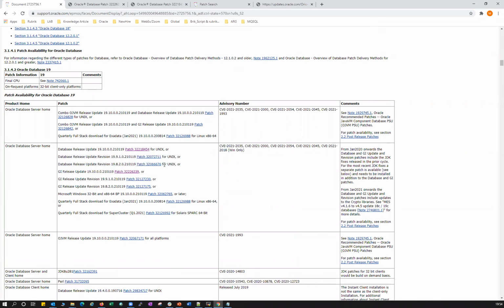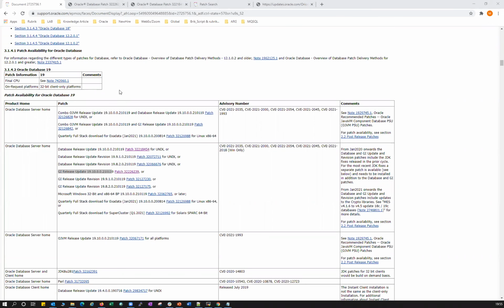If you see this comparison, you will get to know this is 19.10. This is the January release. And if you see, this is 19.9. You can see the date also here: 2021-01, and this one 2021-01. This is for Unix, and these are all for Unix, but these are revised. Whatever the latest available was, like 19.10 as per the patch availability, you have to go with 19.10. And if you are coming to the GI, you have to go with this one. Again, this is 19.10.